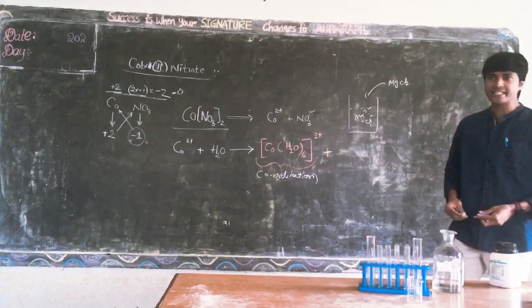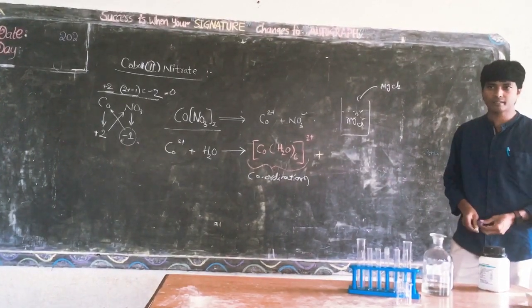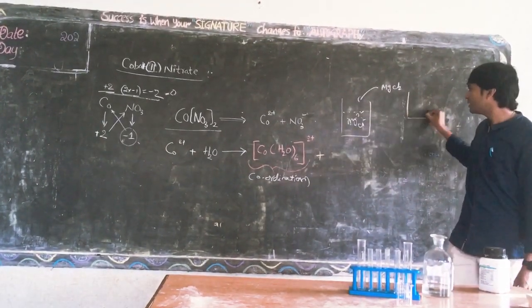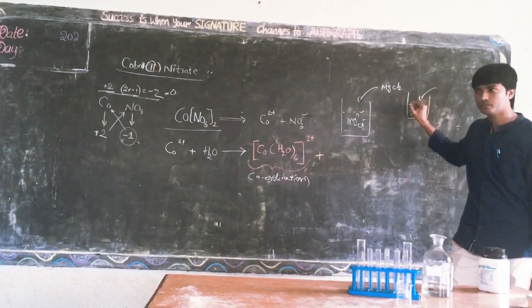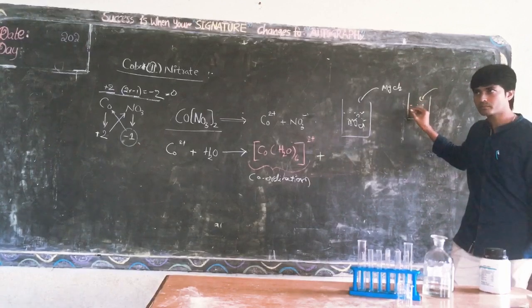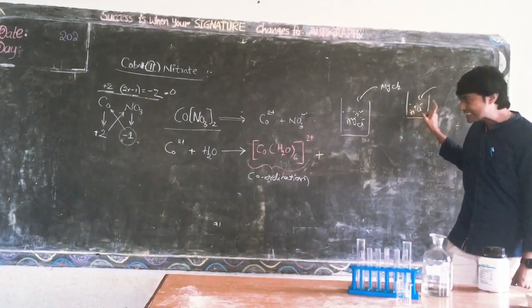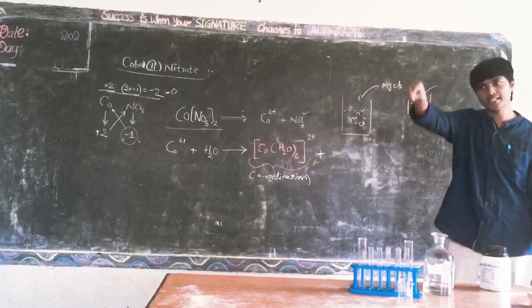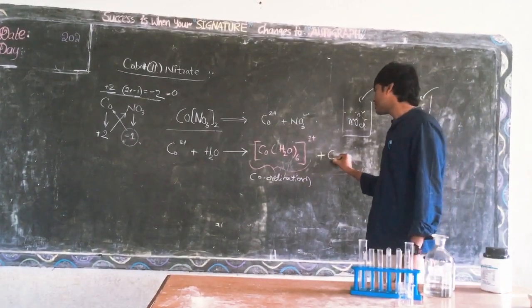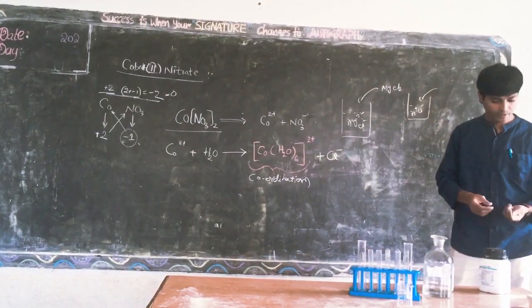So, if we are adding HCl, what ions will that give? If we are adding HCl into the water, what ions will it give? H plus and Cl minus. So this Cl minus ion will react with the positive ones. So this is the Cl. Okay. Now